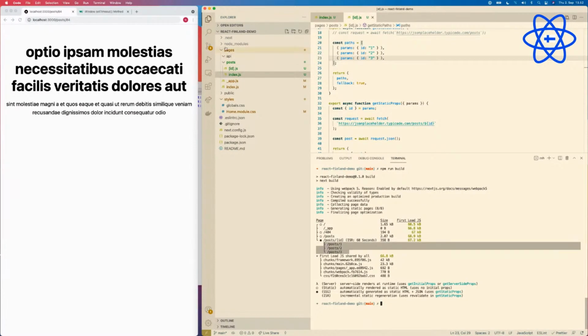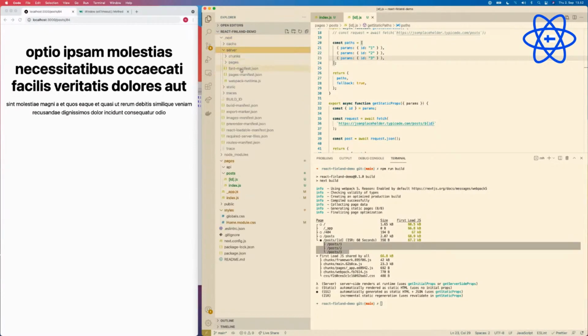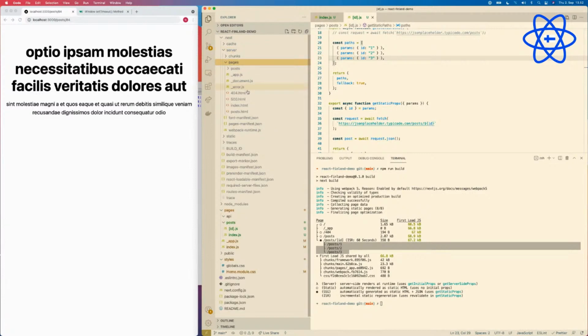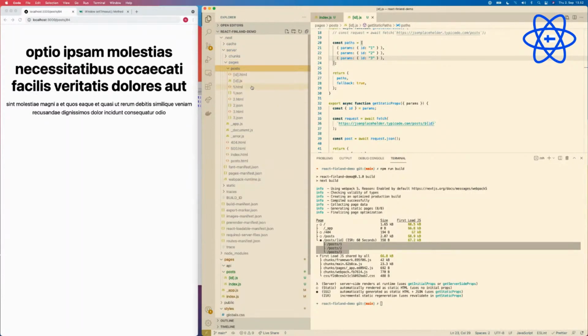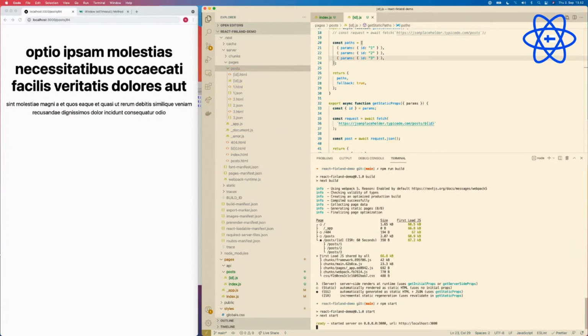So we have the three pages here, and then if we go to the server and pages, you can have only posts. We have only the three pages here generated for us, right? So if we go npm start and go to 84, for instance, now we have the page and it's generated and put to our server as well. So next time a user comes to this page, they will get the page statically served from the server instead of trying to fetch the information from the